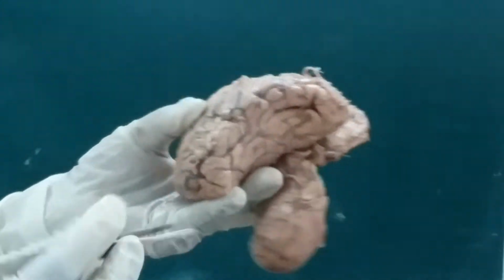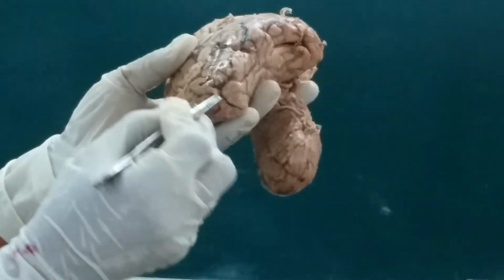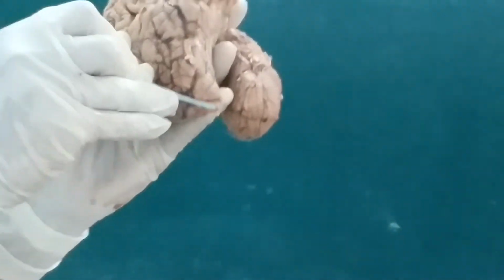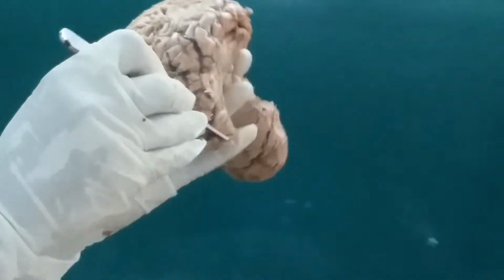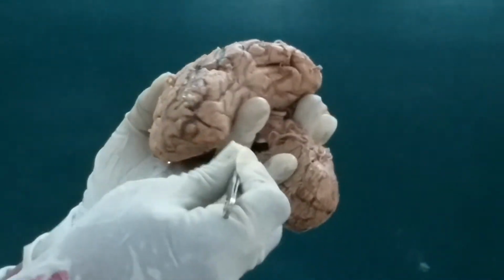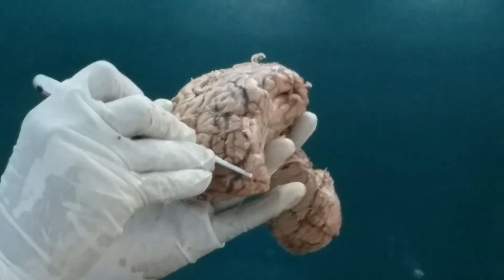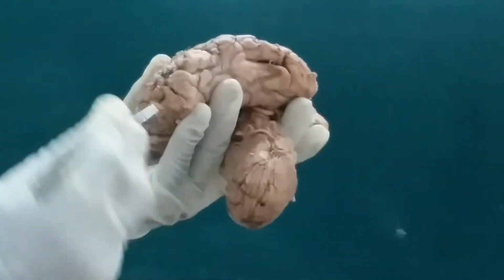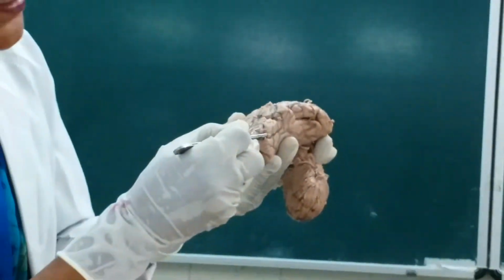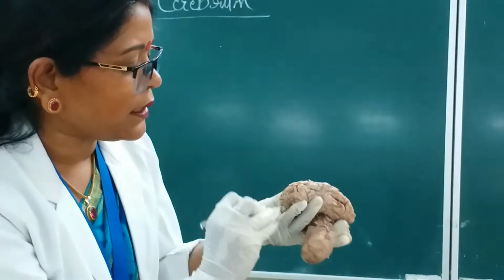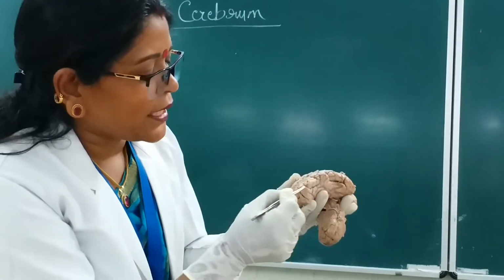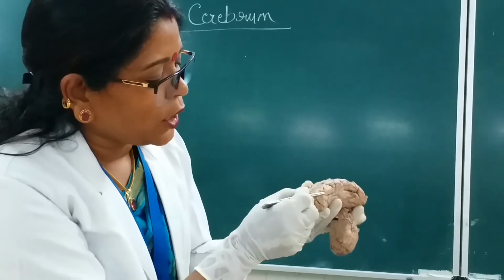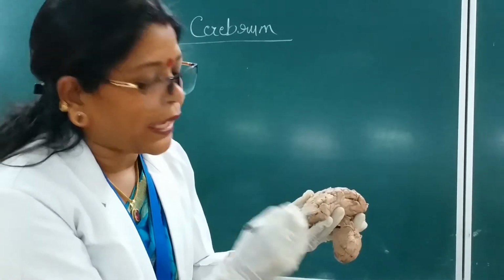superolateral surface. Look here, this is the posterior part, that is the occipital lobe, and this is the part of the calcarine sulcus, also present on the tip, that is the occipital lobe coming on the superolateral surface. Now, on this calcarine sulcus which is coming on the superolateral surface, there is a half circle. What is this? This is known as the lunate sulcus. Okay, lunate sulcus just over the calcarine sulcus.